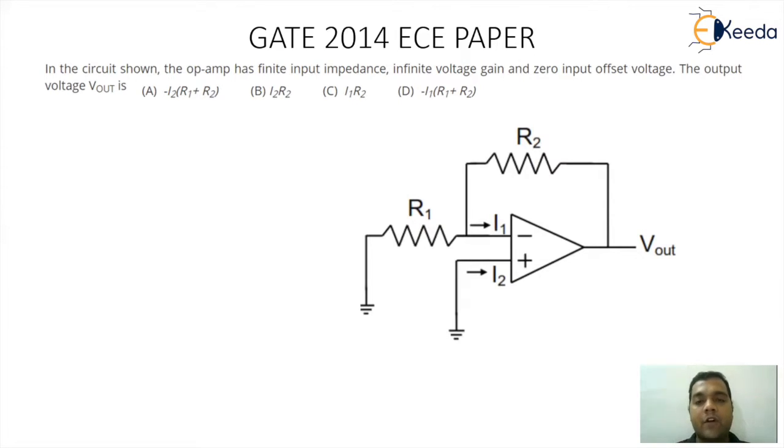So this is a diagram given to us. There is an op-amp with I1 and I2 notified. The plus pin of the op-amp is connected to ground. At the minus pin, you can see the feedback resistance by the name R2 and R1 connected to the ground point. Now, the most important point we need to understand here is, since the plus pin of the op-amp is grounded, then automatically the minus pin of the op-amp will also be grounded. So because of this, the junction point of R1 and R2 will be at zero potential.